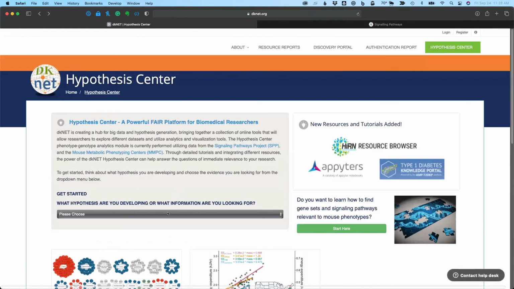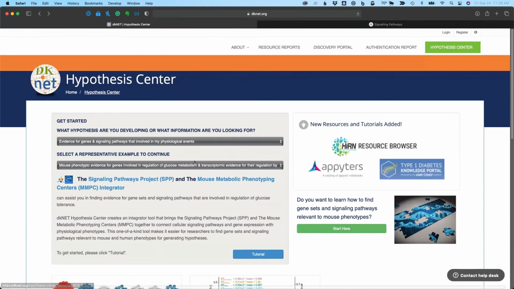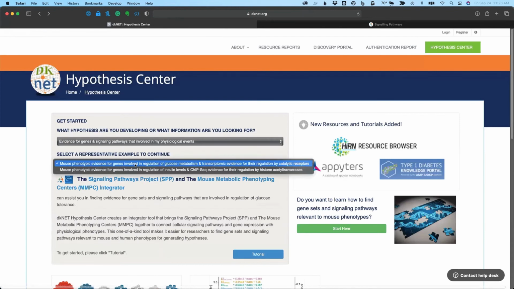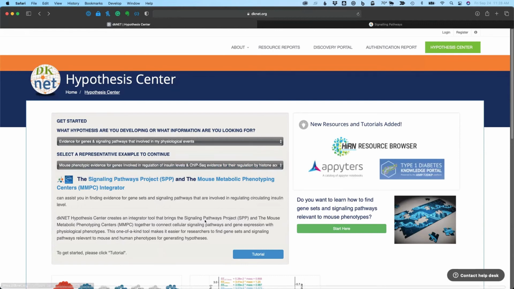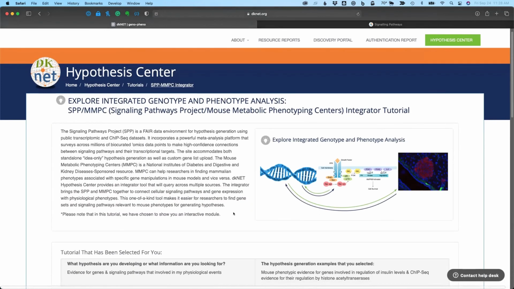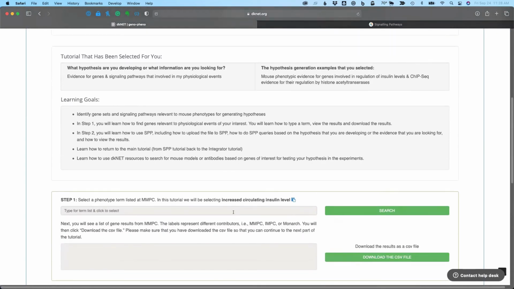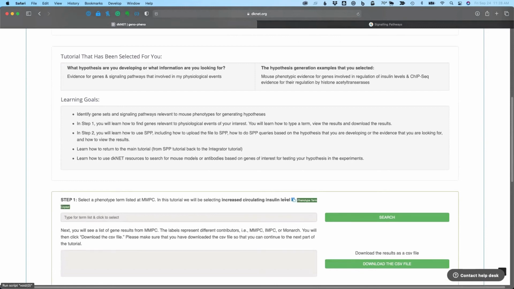In terms of the integrated tutorial, again, for each of the questions, as I mentioned, we have multiple examples that we can go through, and so this is a slightly different example than what I had provided in the overview. But here, we can copy the